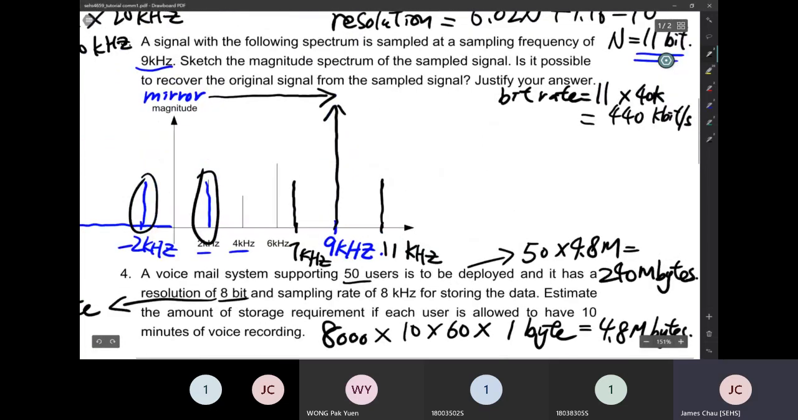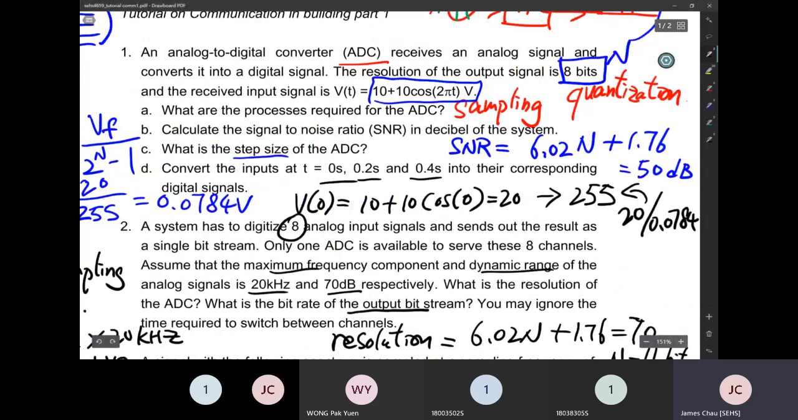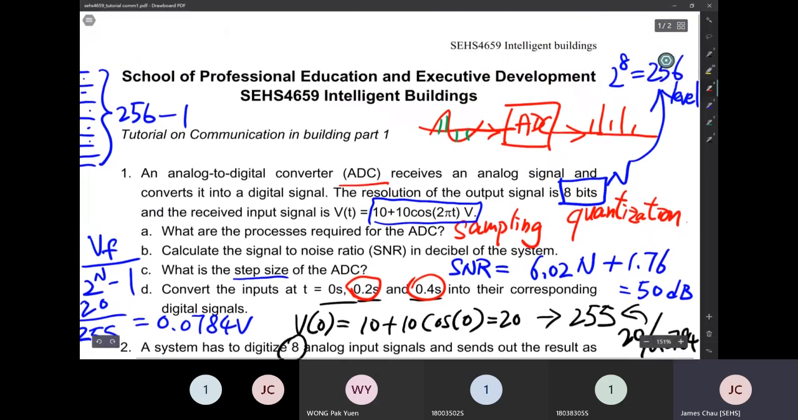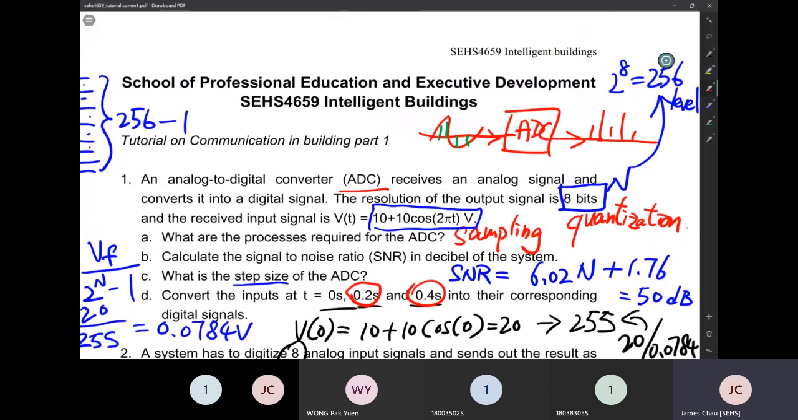Okay, I think most of you can complete question 1 and also question 3. Now let me show you the answer. For question 1D, you have the conversion for 0.2 seconds and 0.4 seconds. When you substitute 0.2 and 0.4 into the function, you have V(0.2)